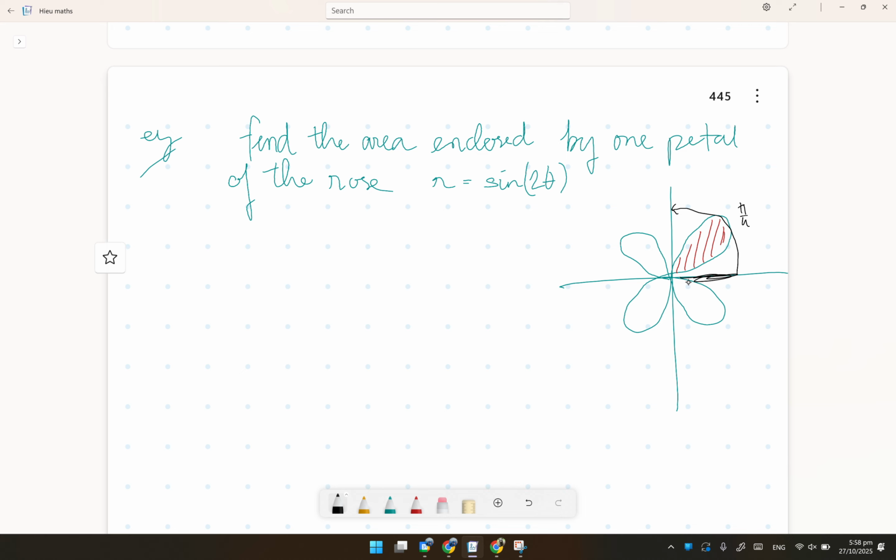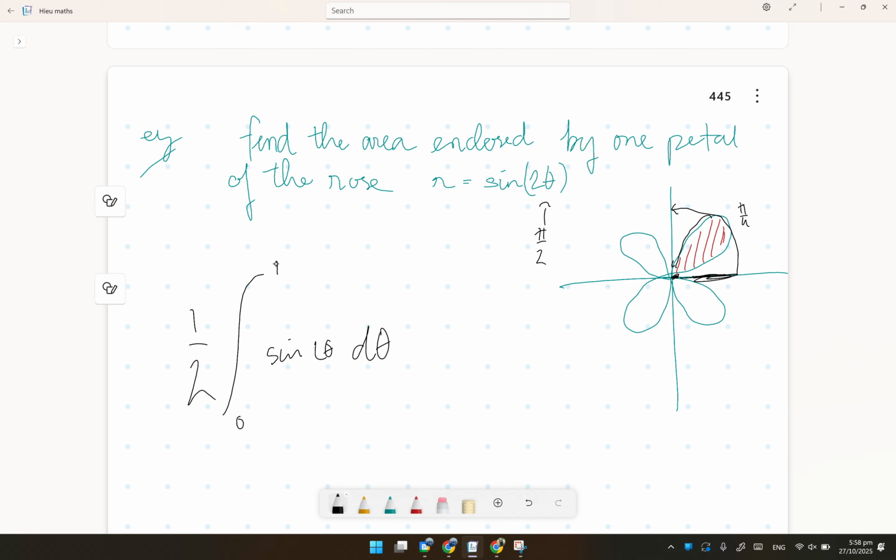It goes from 0, so it starts at 0. Sine of 2 times 0 is going to be 0, so it starts here, then it goes out because it's increasing angle. Then as we get to pi over 2, we put pi over 2 into here. Well, 2 times pi over 2 is going to be pi, and sine of pi is 0. So the equation goes back to 0. So this is exactly one petal. It's going to be from 0 to pi over 2. And we're going to be integrating 1/2 and the equation squared. So it's r squared d theta, and r squared in this case is sine squared of